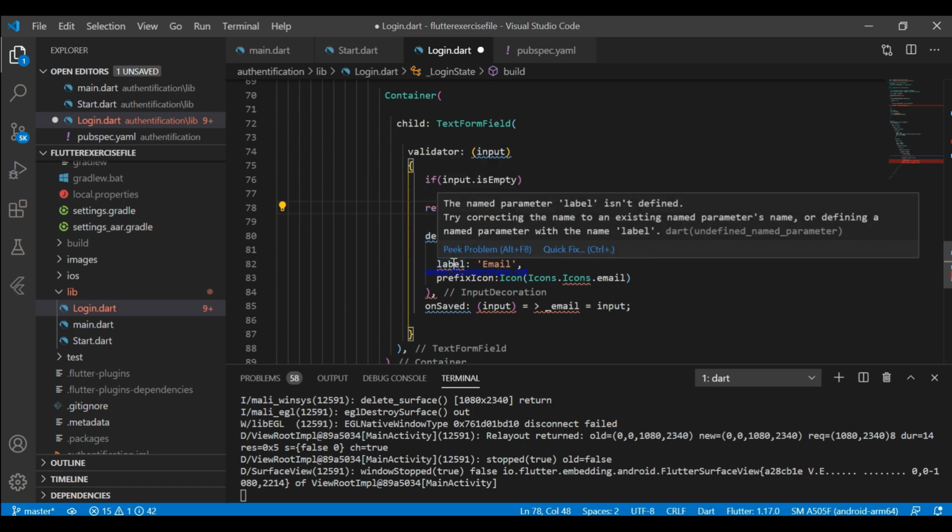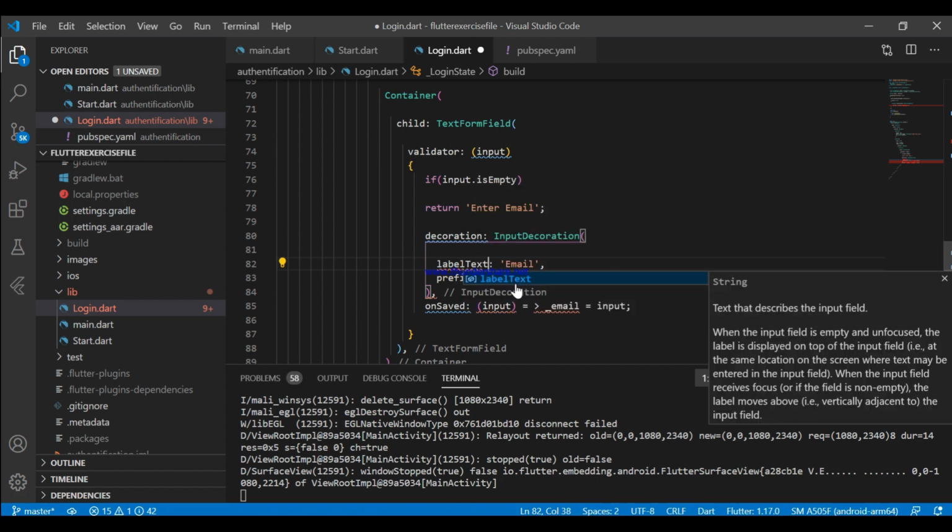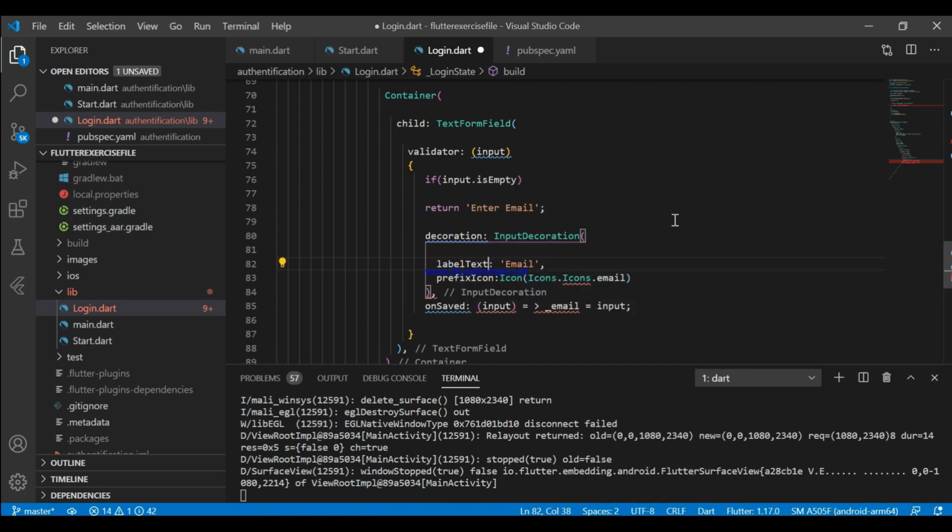Why is there an error? Just wait. I'm not going to fast forward this part because I'll show you debugging is a part of development. Yeah, here is my fault. It's labelText. Sorry, my bad. And only Icons.email.